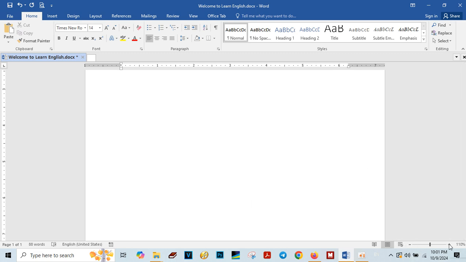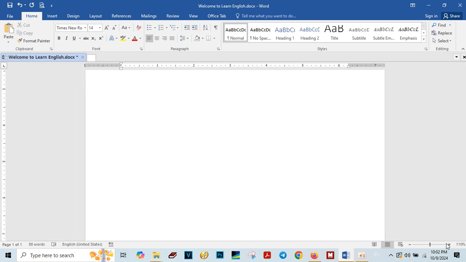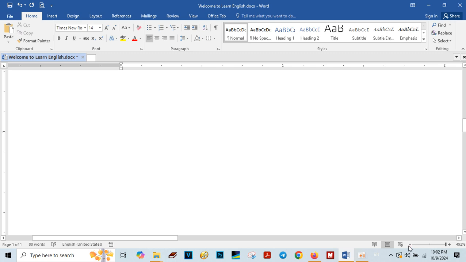And this one is where we can zoom in and zoom out, right? The plus sign here is zoom in. Okay, and this is zoom out, right? Smaller and bigger. Okay,